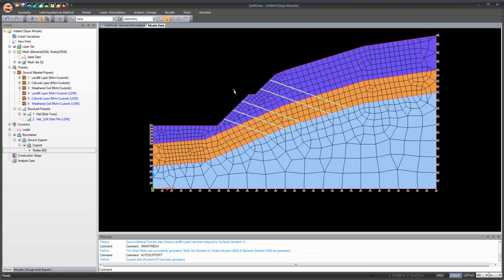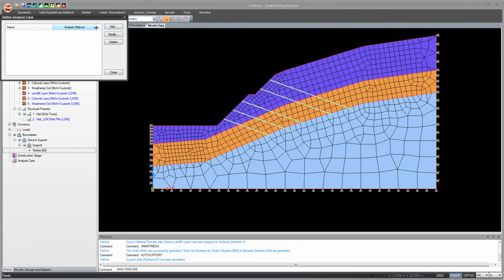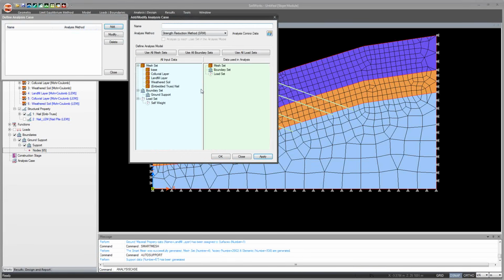completed the modeling aspect. Now what we'll do is generate the analysis case. So go to analysis, go to analysis case, click add. So let the first method be SRM without nails. As I discussed in the case study, we will be considering two cases: one when there is no reinforcement in the embankment, and the second when we are considering the reinforcement. So use all mesh sets. So these are all the input data which we have created,